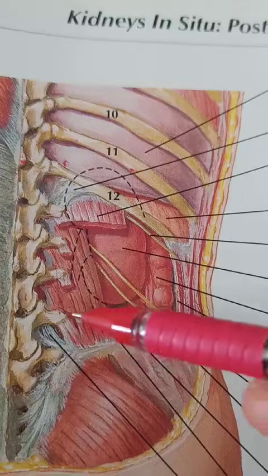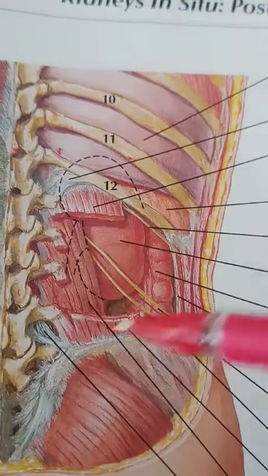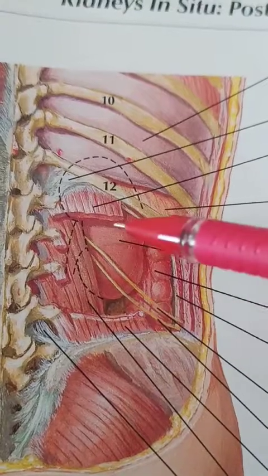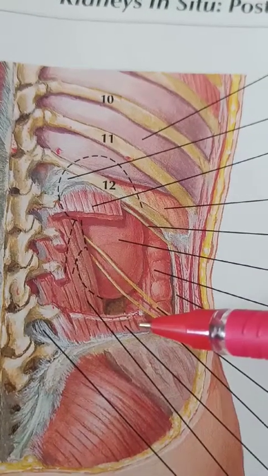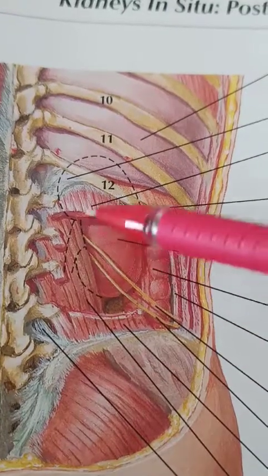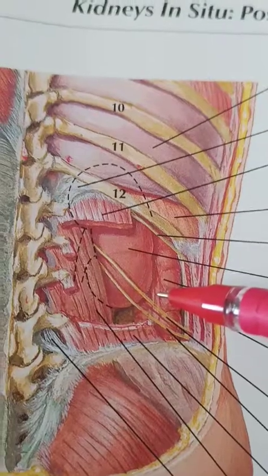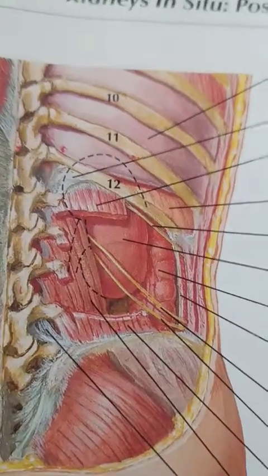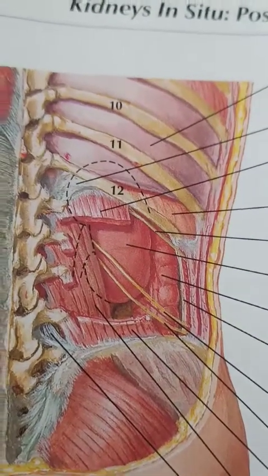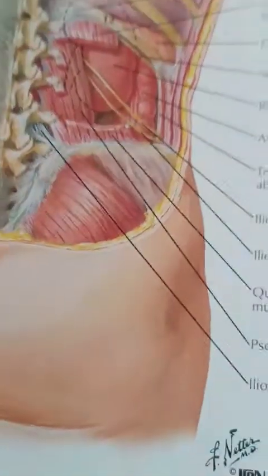So first we will draw this parallelogram over the skin. Then we will reflect the skin from that portion, and we will remove the muscles in the posterior aspect. This is the quadratus lumborum muscle. We'll cut the muscles and we can see the kidney here. This is the kidney. So that is known as the Morris parallelogram. And what are the applied aspects of the kidney? Mainly we will talk about kidney stones. That is the first applied aspect, kidney stones.